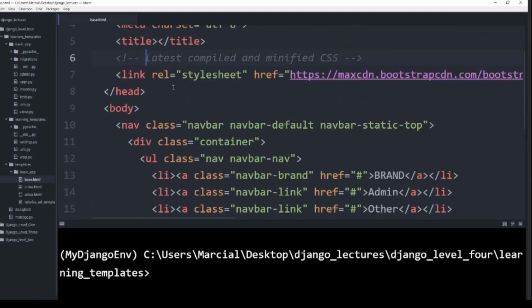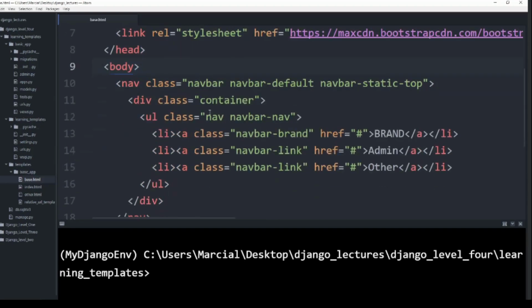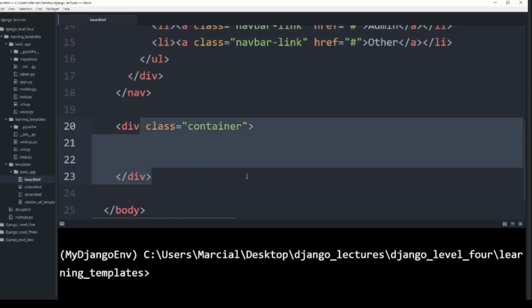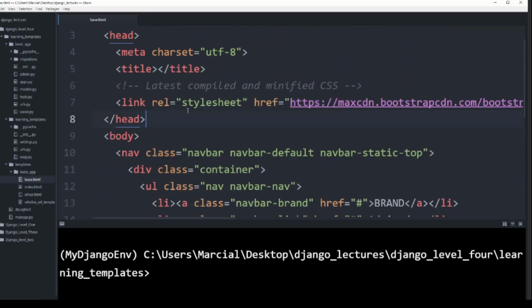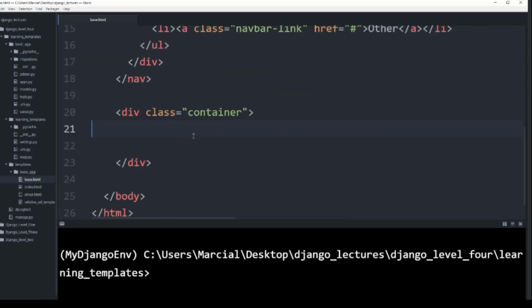So right now I have everything that I wanted to display across every single page. I want every single page on my website to have this navbar, have its body inside the container, and have the link to Bootstrap, which means I need to set up my actual template text that will define this. Okay,